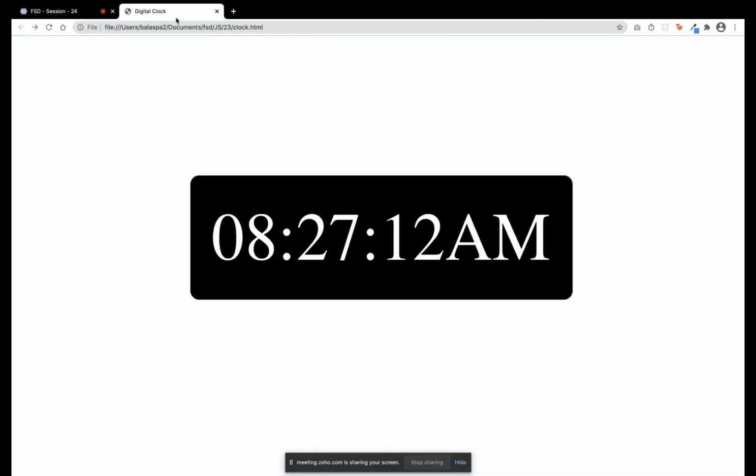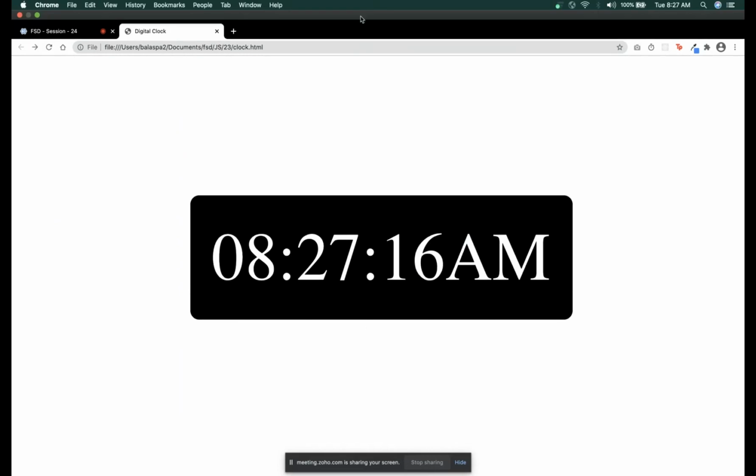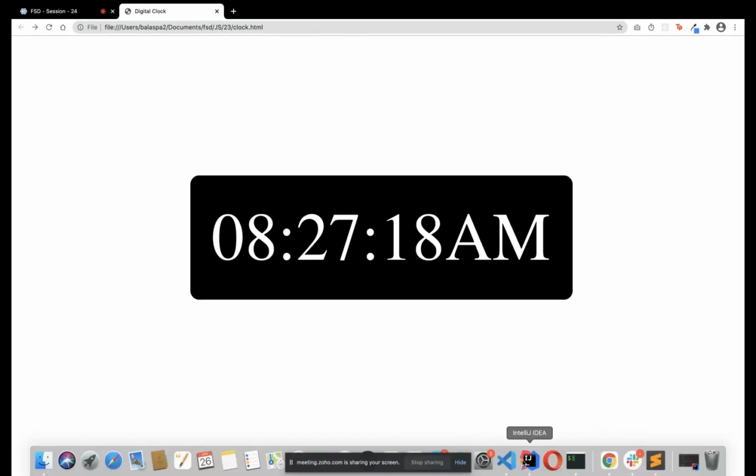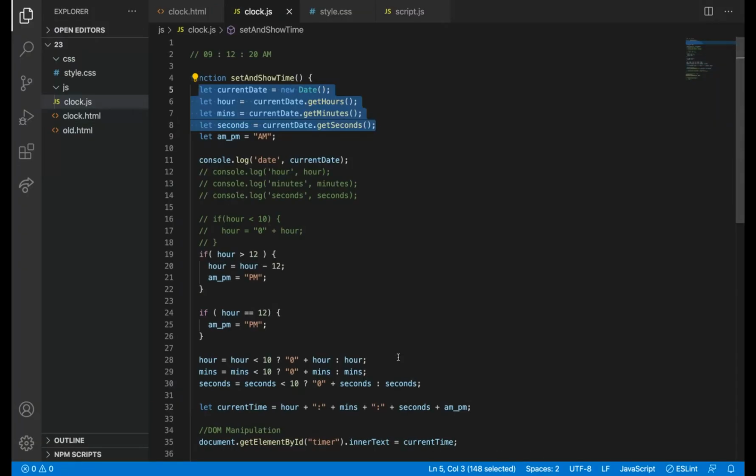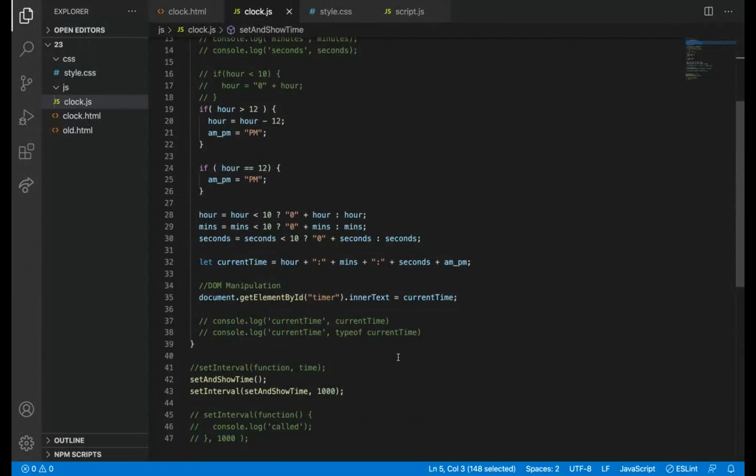Do you have any doubts till now? I'll post this code. I'll update it in the Google Drive. You can check it there and then try practicing. Otherwise, you can delete this line and try to write setInterval, or you can create a new project and try doing what I have said without seeing this.